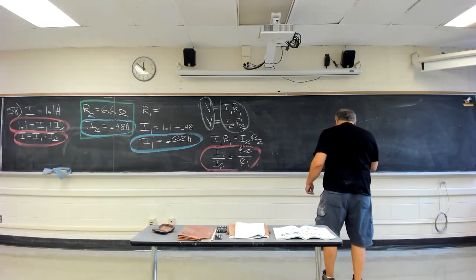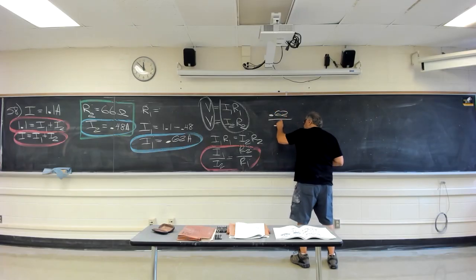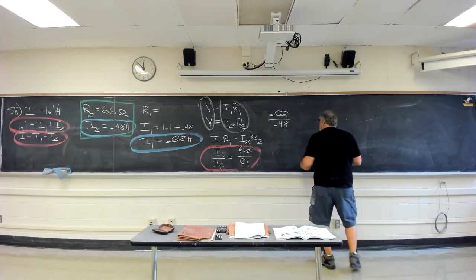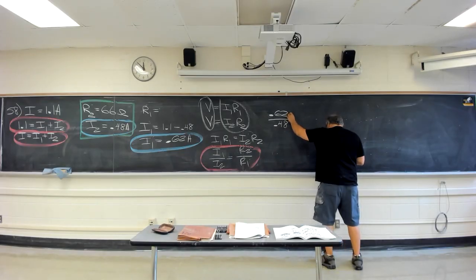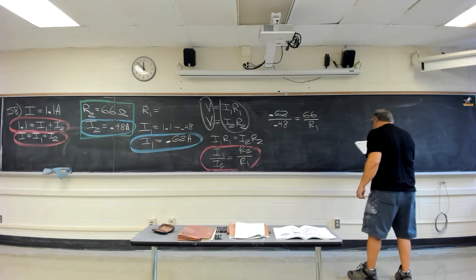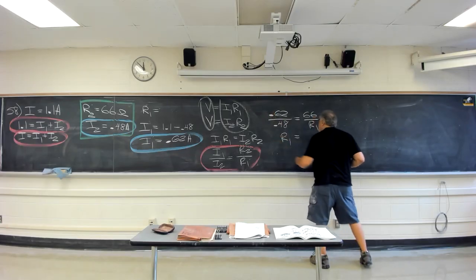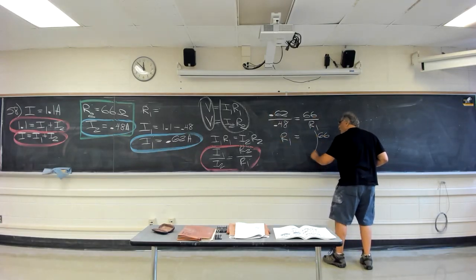You just do the mathematics correctly, and you're fine. I1 is 0.62. I2 is 0.48. R2 is 66. R1 is about to be solved. That's the mathematics, you guys. Multiply by R1 on each side, then multiply by the reciprocal of this on each side. To make a long story short, you're looking at,